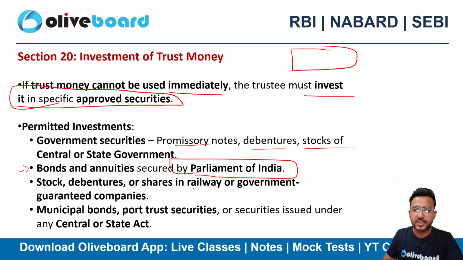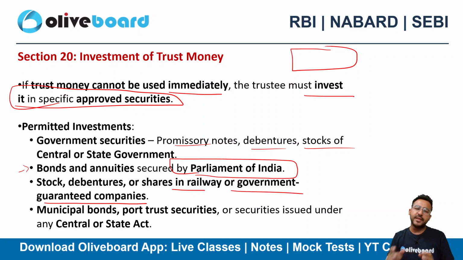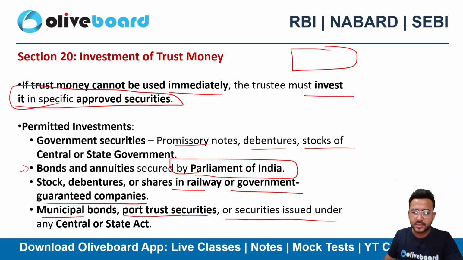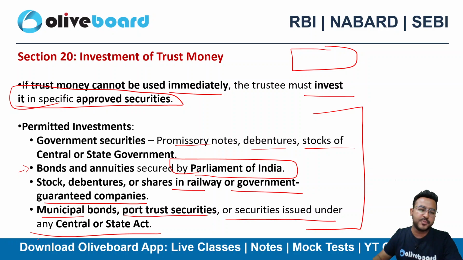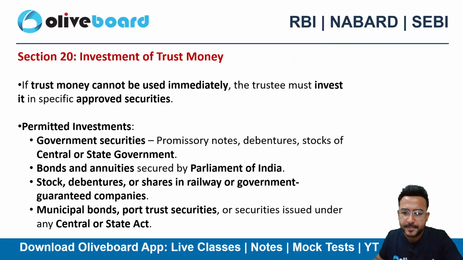Stocks, bonds or shares in railway or government guaranteed companies. You cannot invest the money of beneficiaries in risky assets, right? That's why only government backed securities are there in the list. Municipal bonds, port trust securities or securities issued by the central or state act. So if any money is lying idle, then in that case the trustee can invest that money into approved securities, and here is the list of those approved securities. Okay guys,